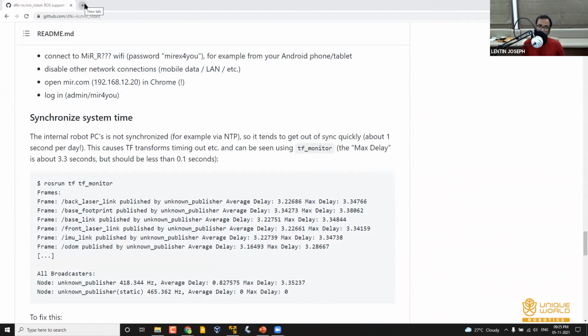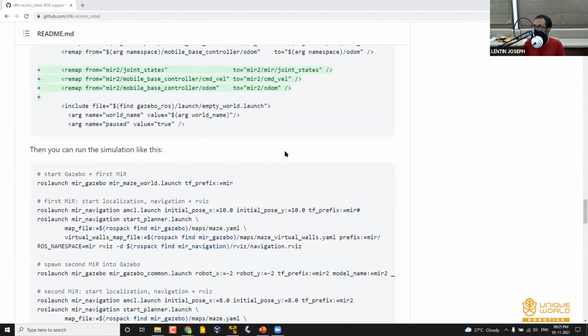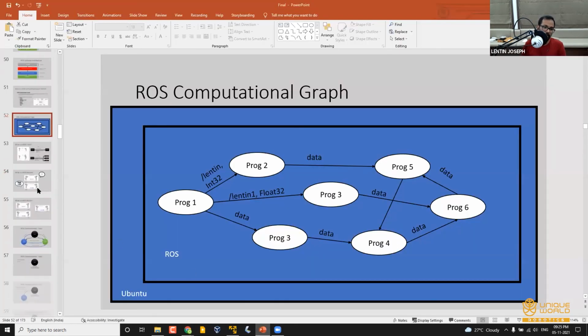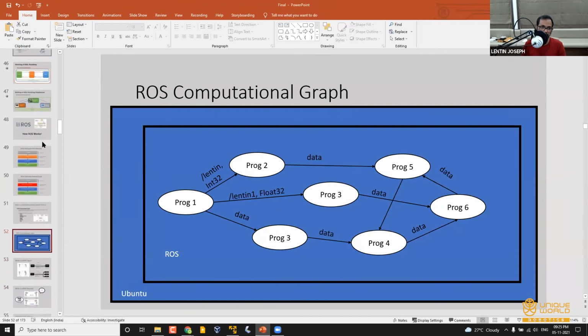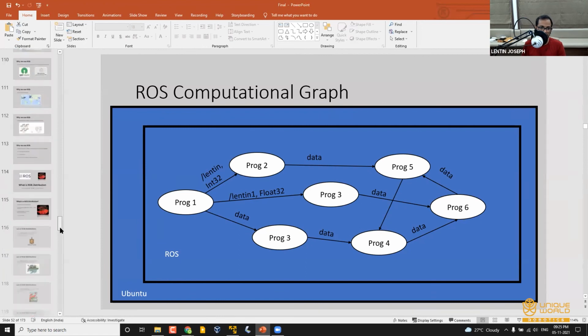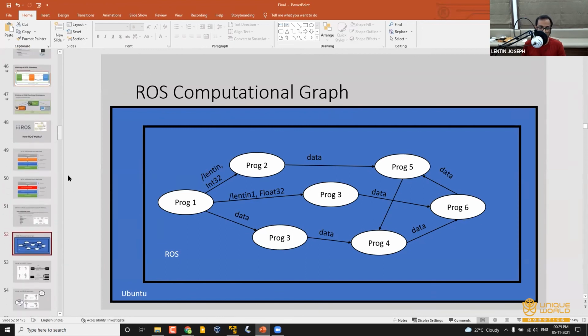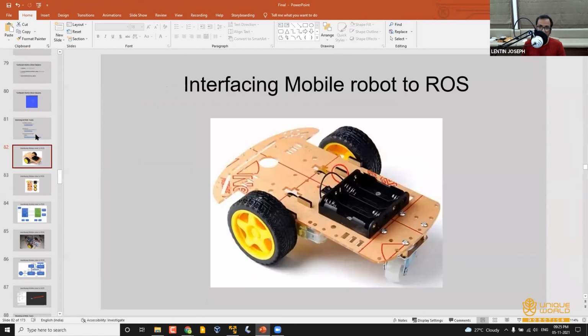In this session I couldn't talk much about hardware interfacing. Maybe in tomorrow's session I can talk about how to create a robot and make it autonomous, a very abstract idea, not in detail.